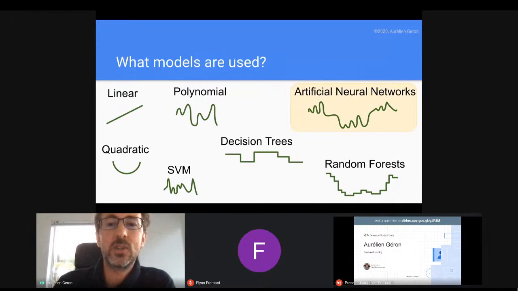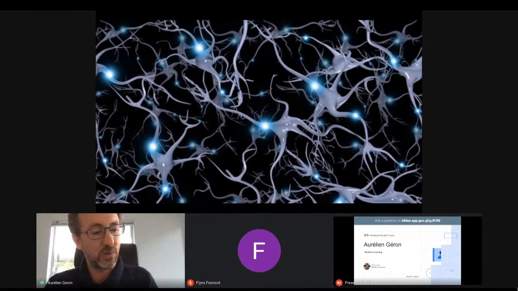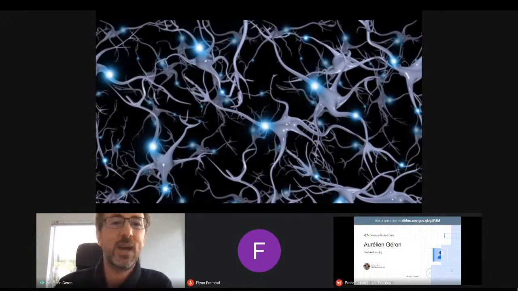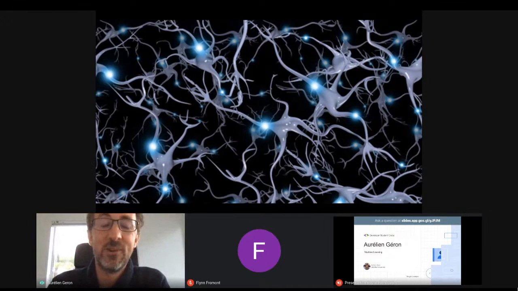Okay, so I'll just do a quick dive into artificial neural nets while I have the time. I'm trying to stuff as much information as I can in very little time. So as you know, you have neurons, I hope, and they're interconnected. I think each neuron is connected on average to about 10,000 other neurons, and you have something like 100 billion neurons in your brain. So that's quite a lot of connections.